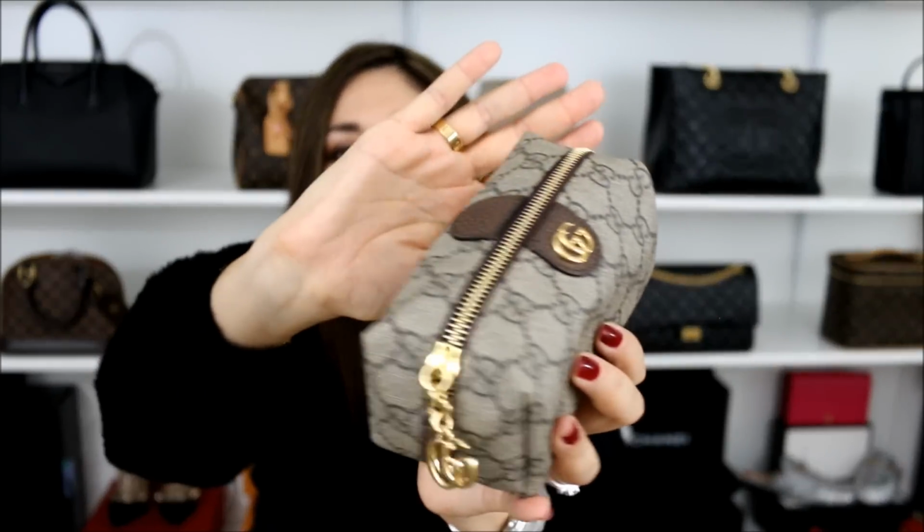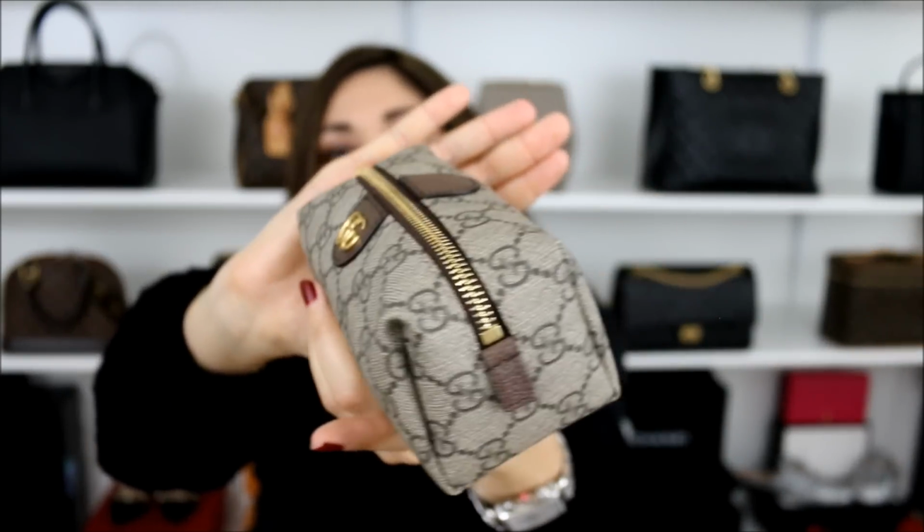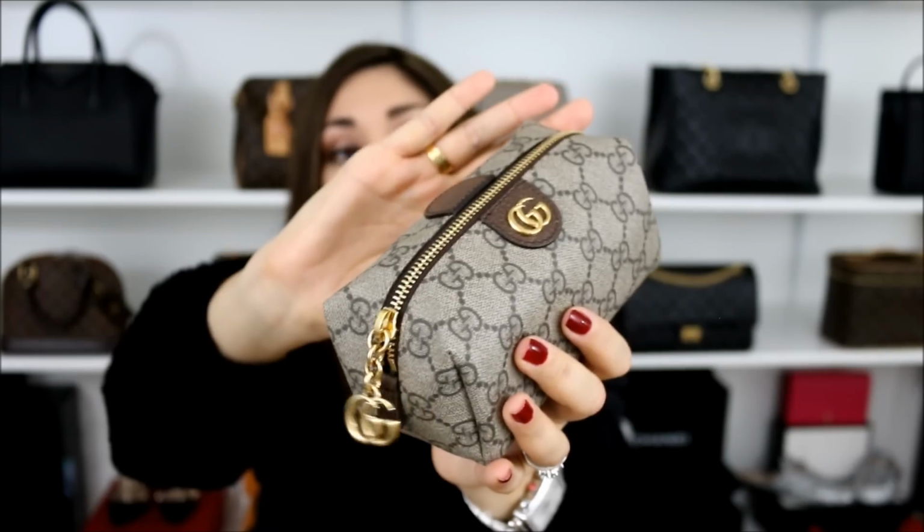And I think it's a really, really nice piece. And if you don't want to use it as a cosmetics case, you can end up using it as a clutch. I talked about that in a few other videos. You know, I do have a smaller phone, so I have an older phone too. So if you have a larger one, it wouldn't end up fitting that way. But I like the fact that it has that zippered closure, and if you wanted to use it as a clutch, you have a little bit more peace of mind, you know what I mean? So this has become one of my favorite small leather goods. I highly, highly recommend it, but still, I wanted to throw that out there as far as the canvas goes,